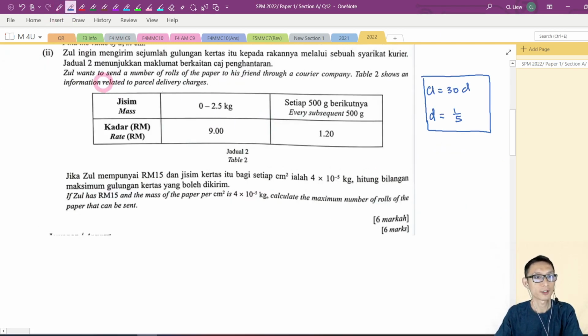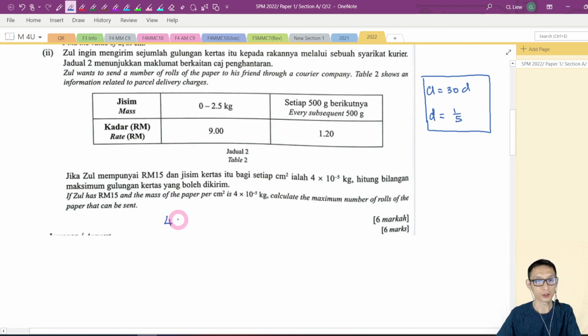Now let's look at part (ii). This will be a little bit hard. Now let's look at the question. Joe wants to send a number of rolls of paper to his friends through a courier service. Table 2 shows information related to the parcel delivery charges. If Joe has 15 ringgit and the mass of the paper per square centimeter is given,